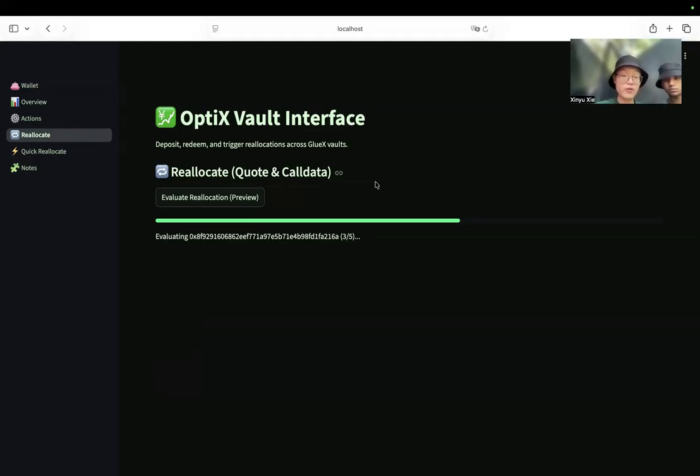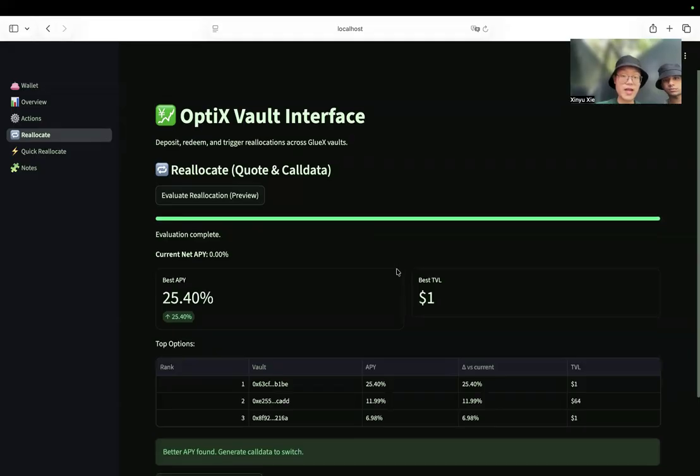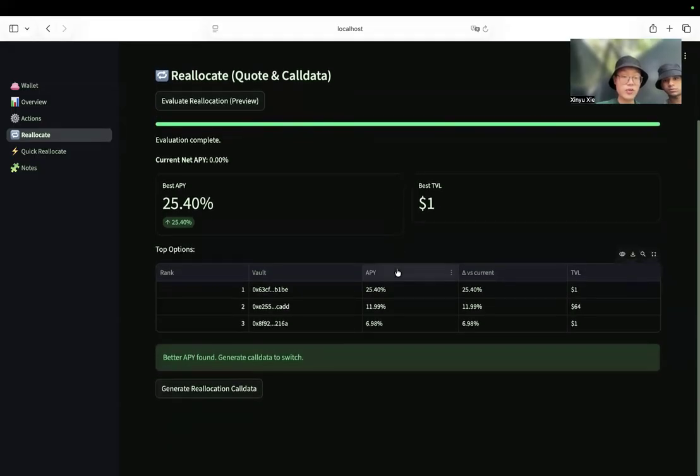So if you wait for a little bit of time, a few seconds, it will show you the best options so far and the corresponding APY. As you can see here, we see a very good investment opportunity with a much higher APY. And once the user compares that and factors in the risk that we calculate through the TVL,